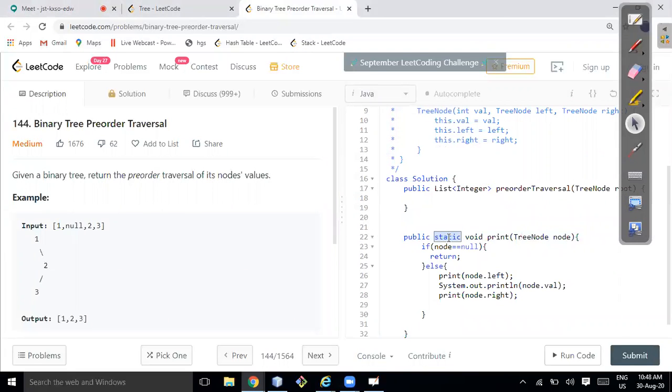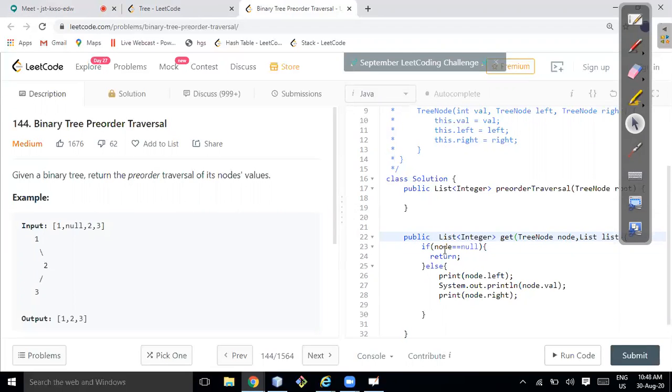Here I should not write this static. Here I should return list of integer. Here I'm passing root. Here I'll pass one list.